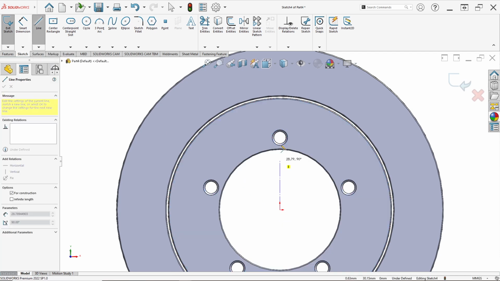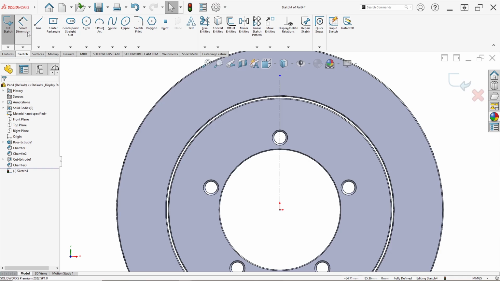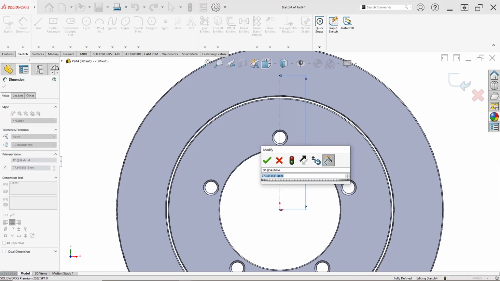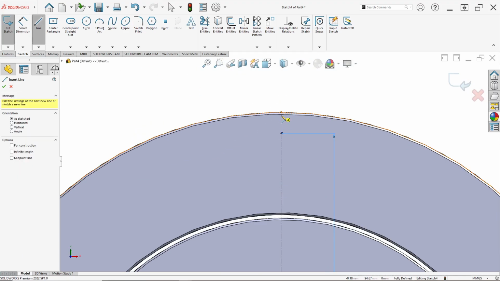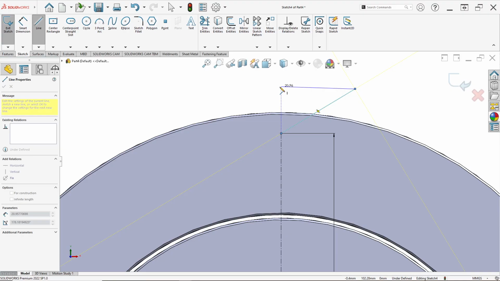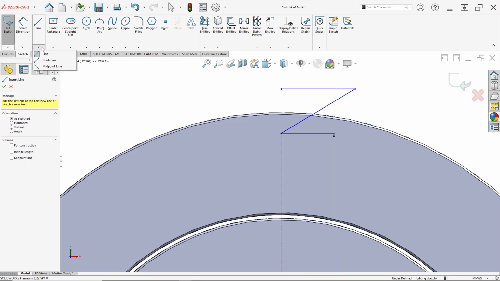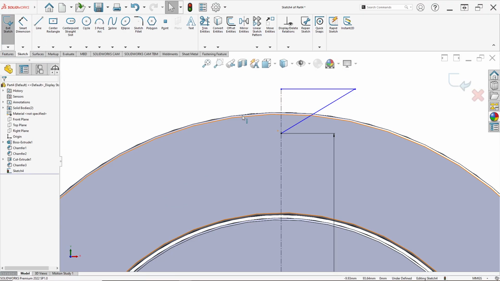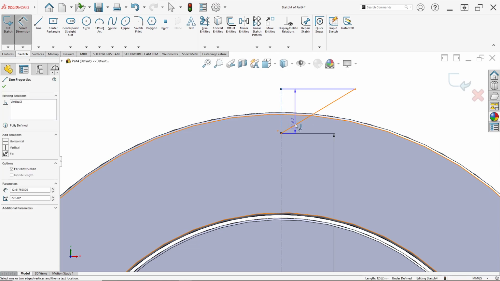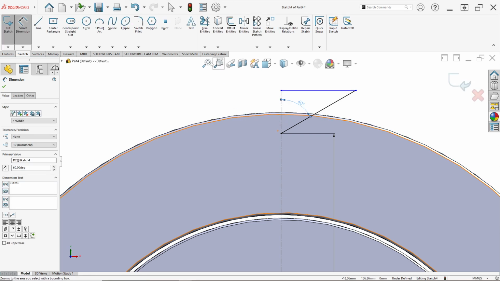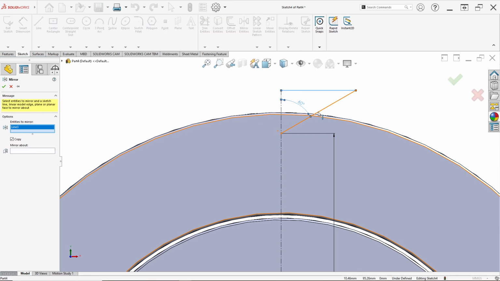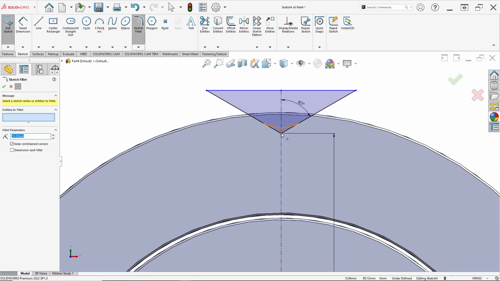Draw center line in the top in here like this. Set for diameter in here high in 89 millimeter. And draw line like this, and draw center line again, this point to this point. Set for angle, this center line and this line is set in 90 degree. Click mirror entities, this line and this line, mirror about, click this center line. Okay. Sketch fillet, click this point, but in here I set in 5 millimeter for radius, just click OK.